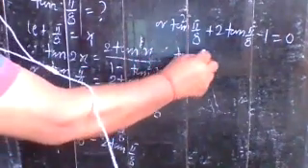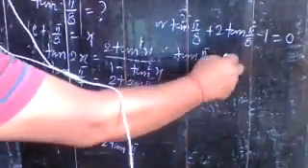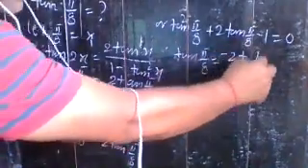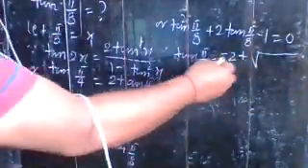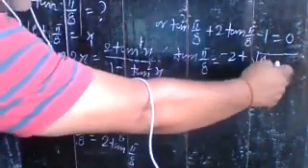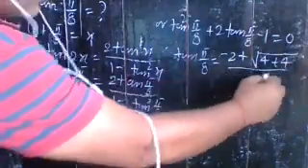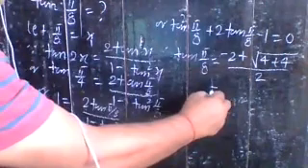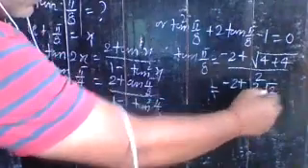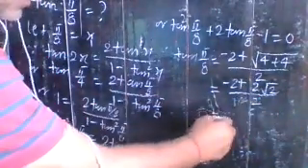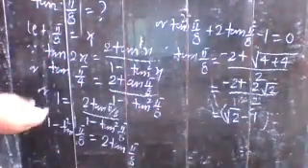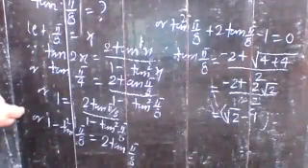So tan pi by 8 is equal to minus b, so minus 2, plus under root b square, so you have 4, minus 4ac, so you write here 4, whole divided by 2. Simplifying it, you have minus 2 plus 2 root 2, whole divided by 2. Now taking 2 common, you have root 2 minus 1. Root 2 minus 1 is the value of tan pi by 8.